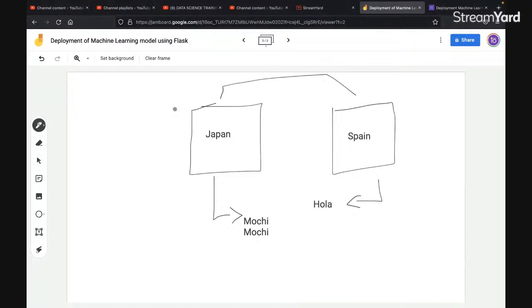One scenario is that the Japanese guy should know Spanish as well, and the Spanish guy should know Japanese as well, then they can easily communicate with each other, right? But in order to do so, they have to learn the language, and you cannot say that all the people in Japan have to learn Spanish or vice versa. So what we do is,